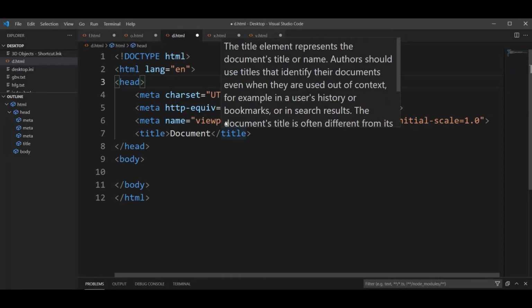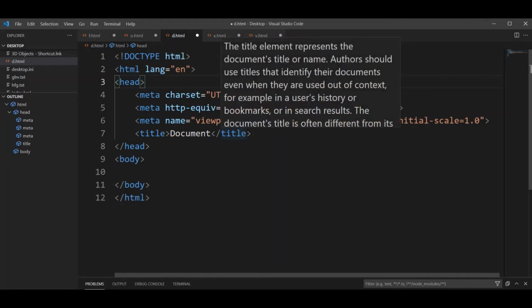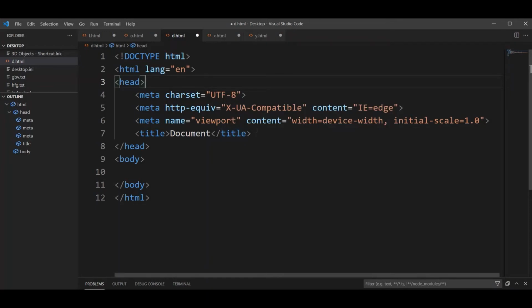At present I am telling you a little information about the meta tag, because this topic is very broad. This topic is an advanced part of HTML, hence I cannot go further into it. Friends, it is mostly used. We can add external links and JavaScript in the meta tag.